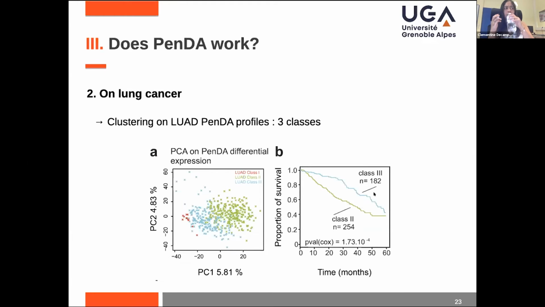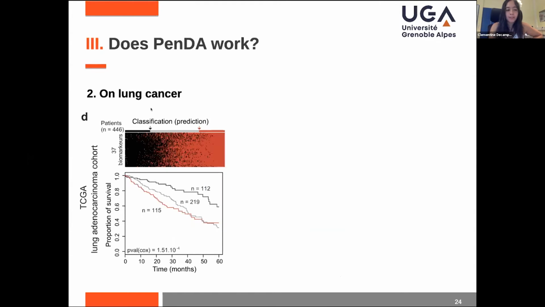And after, from this, we extract 37 biomarkers whose deregulation is related to the 5-year survival rate. Here you can see that we classify the tumors by the proportion of deregulation of these biomarkers. And we obtain this on the TCGA.